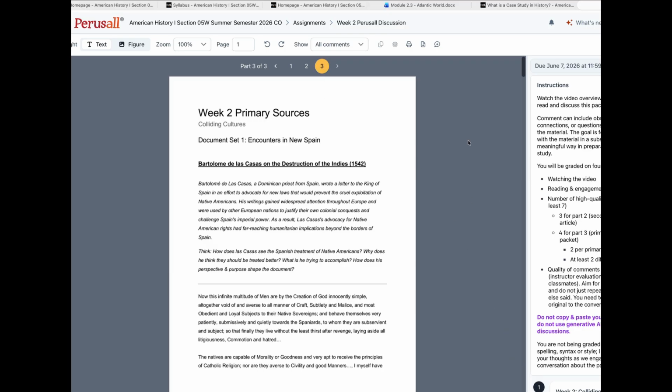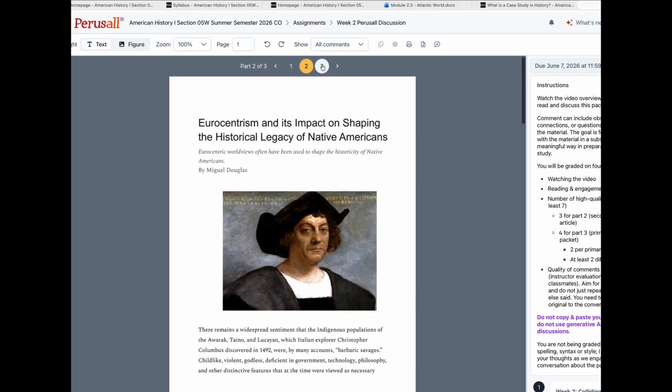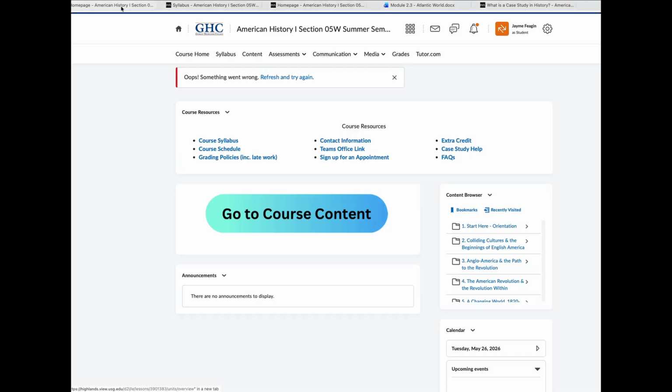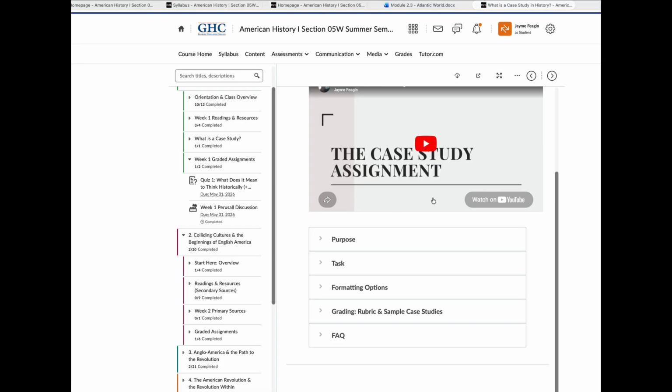If we kind of read through the instructions, you'll notice that you are expected to watch the video, to read and engage with part 2, making 3 comments on the part 2, the secondary source article, and making 4 comments on the primary source packet. That is what you'll do every week. All right,